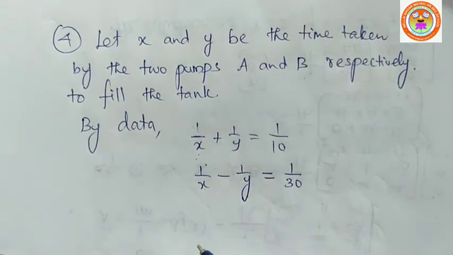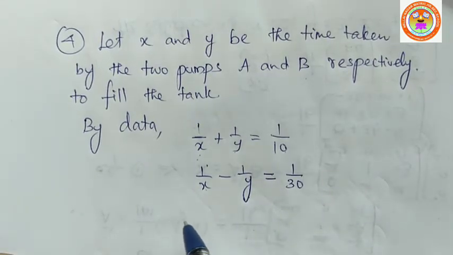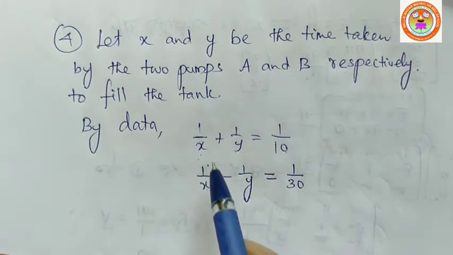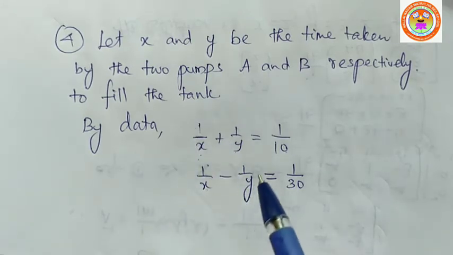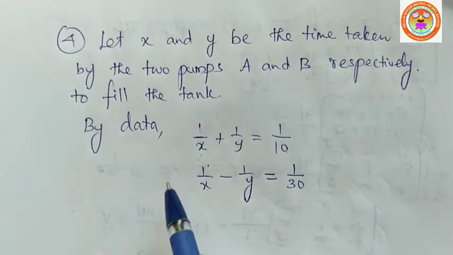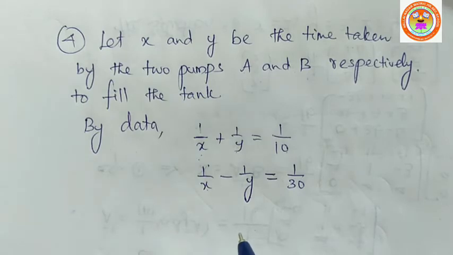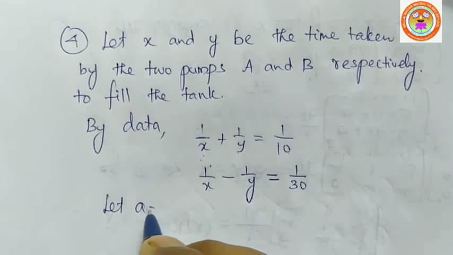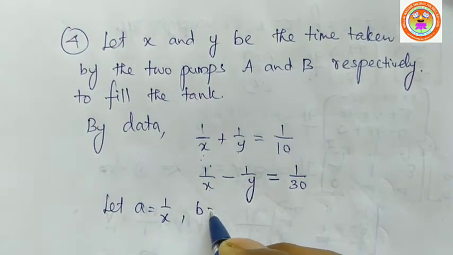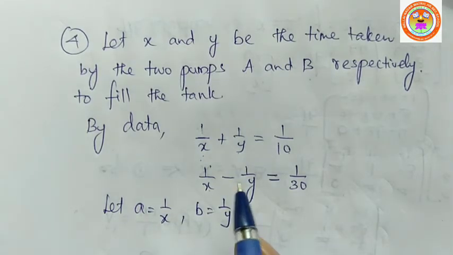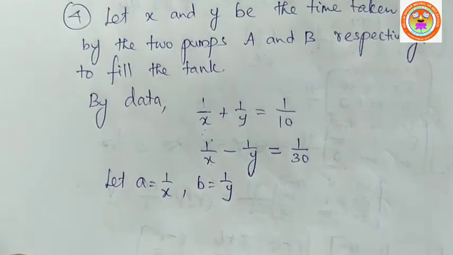Now, find the delta x and delta y. But here, see the variables 1 by x, 1 by y. So, we can assign some other value for 1 by x and 1 by y. We are going to consider a. Let a is equal to 1 by x and b is equal to 1 by y. Therefore, the above equations are becoming,